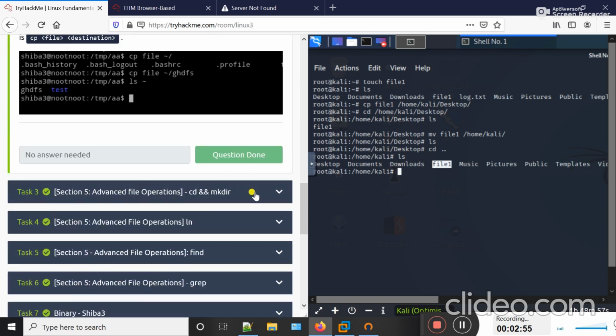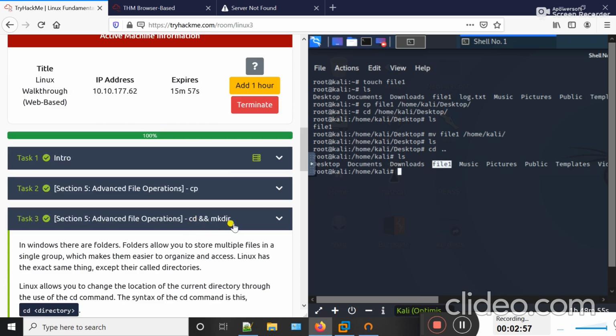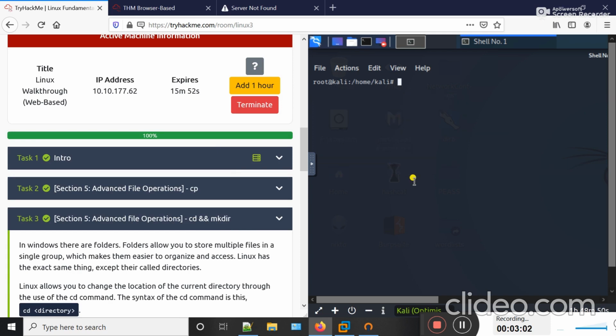Okay, in Task 3, here is the cd command and the make directory command. If I want to switch between different files, folders and directories, I can use the cd command. If I type ls, you can see that all this content is present in Kali. If I want to move from Kali to Documents, I can type cd and then Documents and hit enter. Now you can see that I'm in the Documents directory.